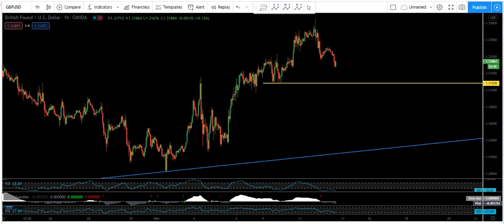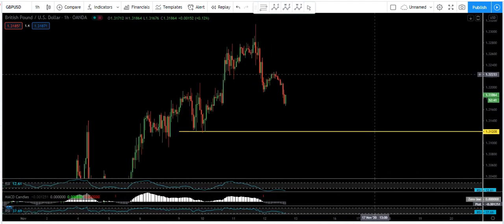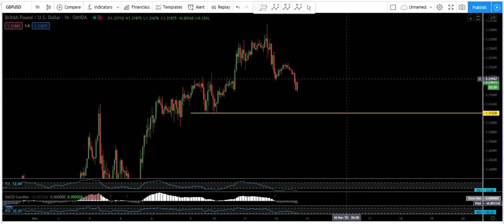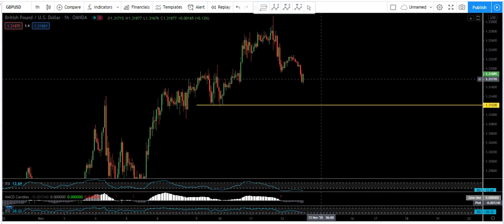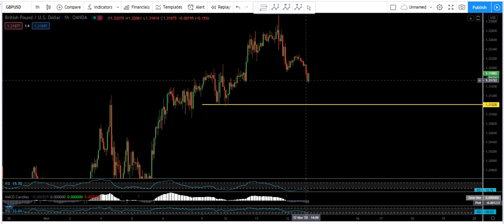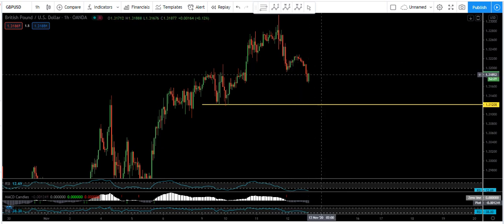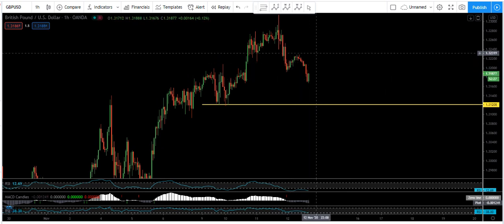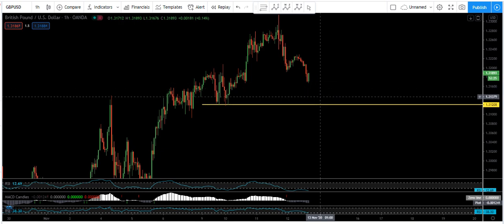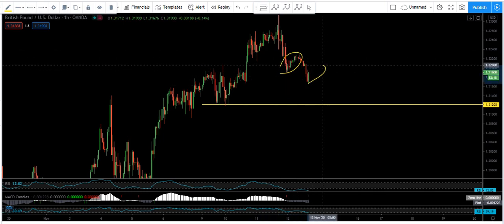Anyway, if we move to the 1 hour chart, as we can see, we had one sell setup here, but now we don't have any trade setup. As we can see, the price is reversing, but we don't have any trade setup. If we get any correction similar to what we have here, then we can sell it. But rather than that, whether it continues to move up or down, we are not going to sell. And again, if we get any correction similar to what we have here, we can look for